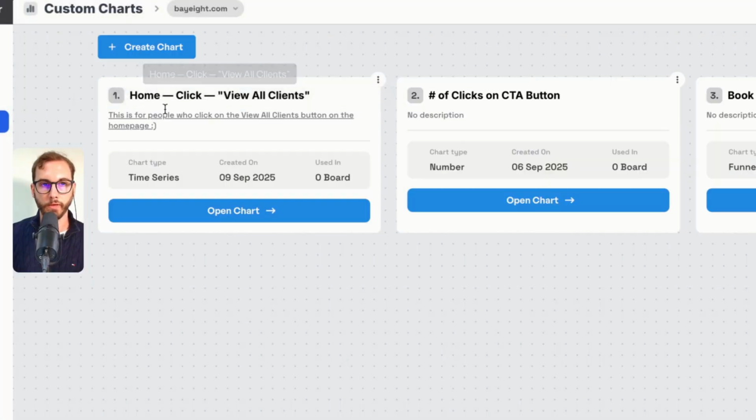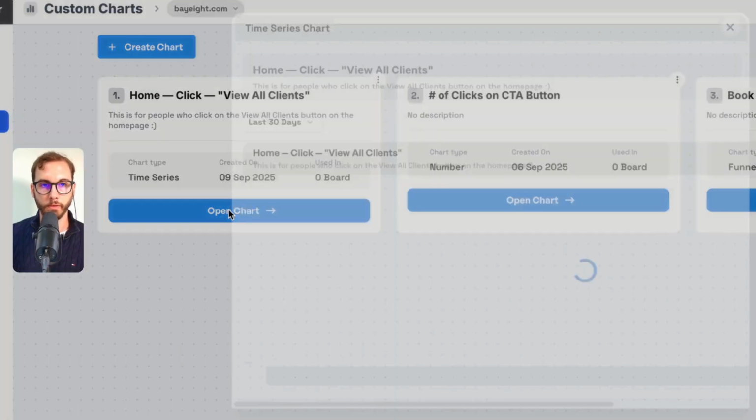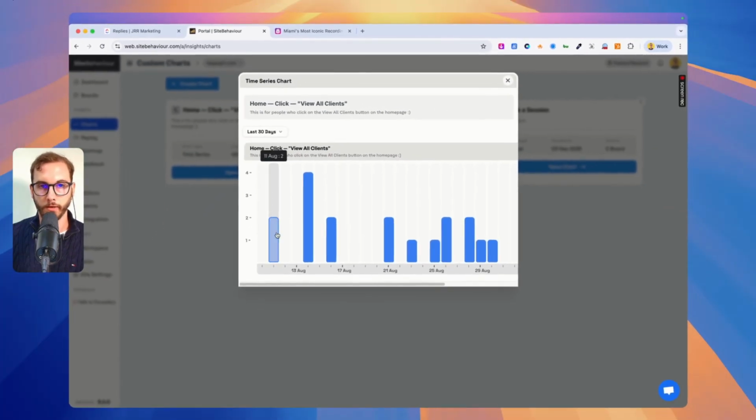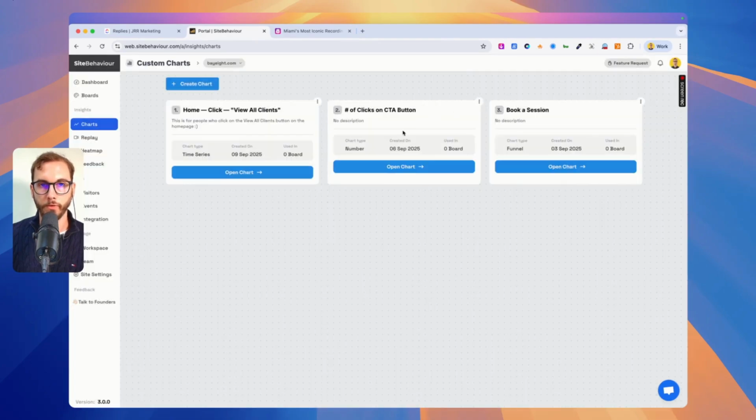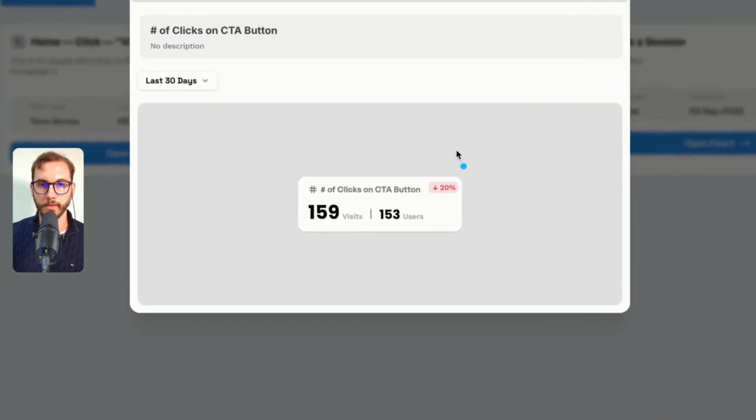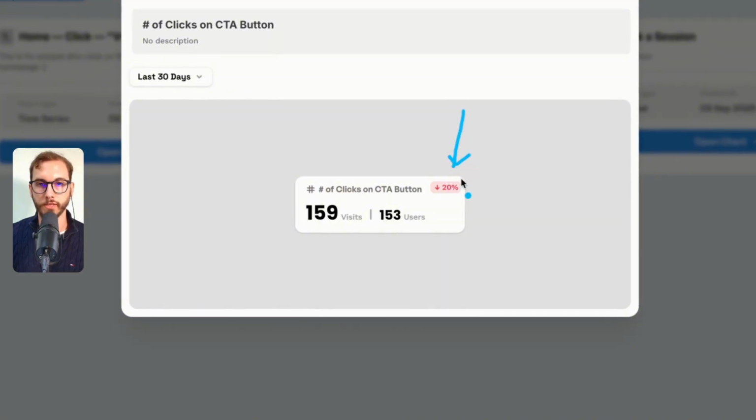And then from here, we can see straight away what this is about. Click open, and we can see the trend line. So 2 people there. Now, if you do the other one, if you do this one, you can see an increase and decrease straight away, which is probably a more useful metric if you want to have a look at that.